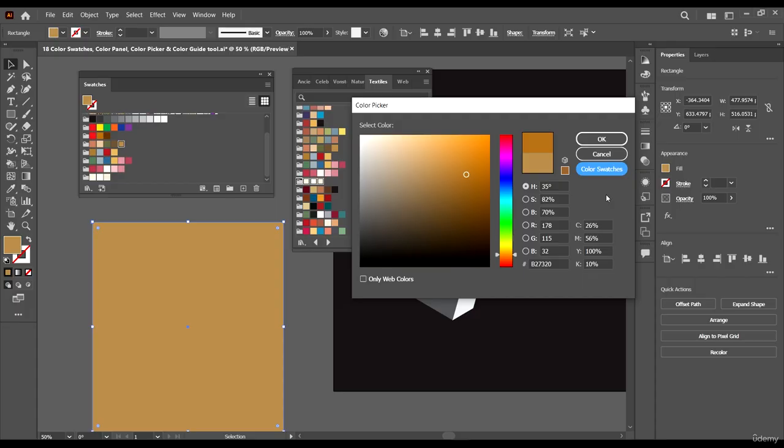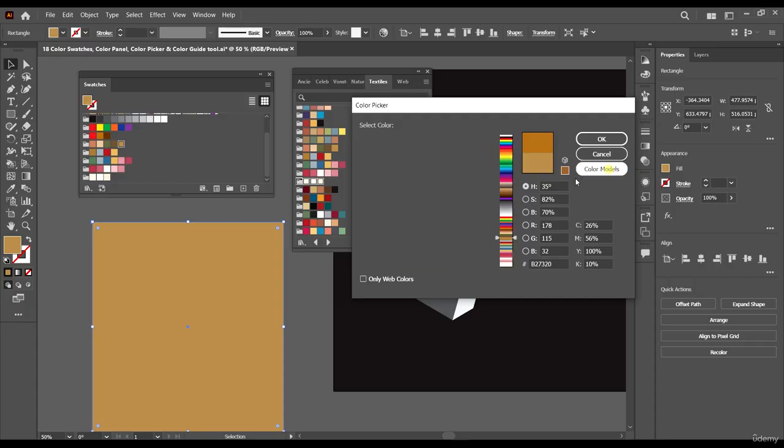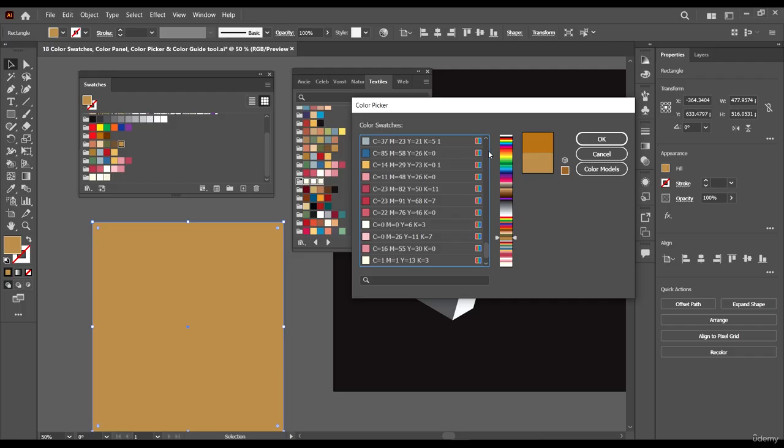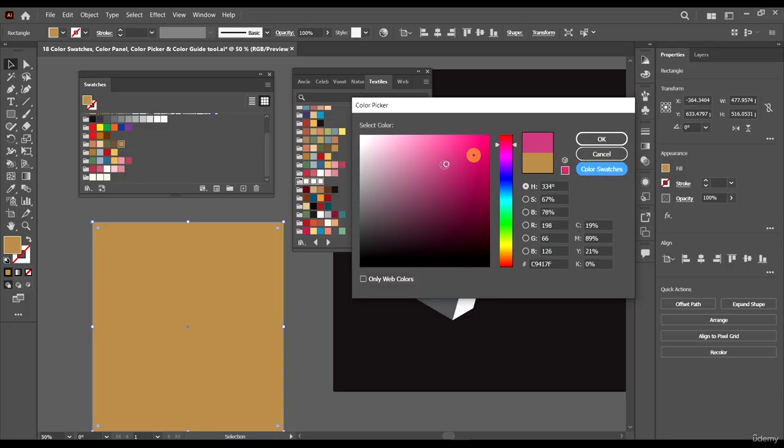One other thing you can do here is change it from this view to just swatches. You see them as swatches, and you can select whatever swatch you want. As you select it, you see the values, and you can go back to color mode and do your adjustments.